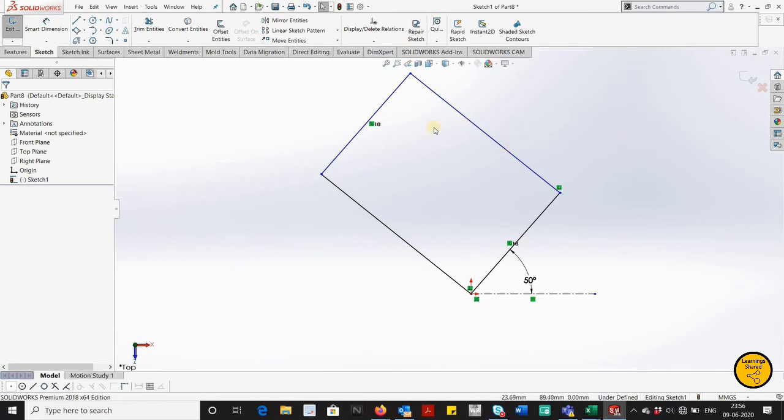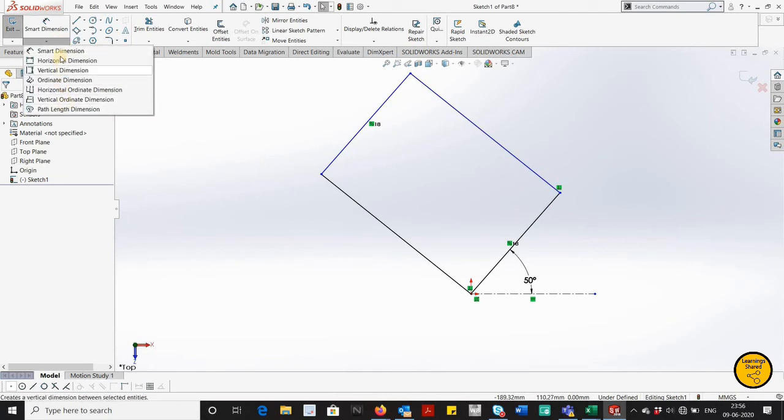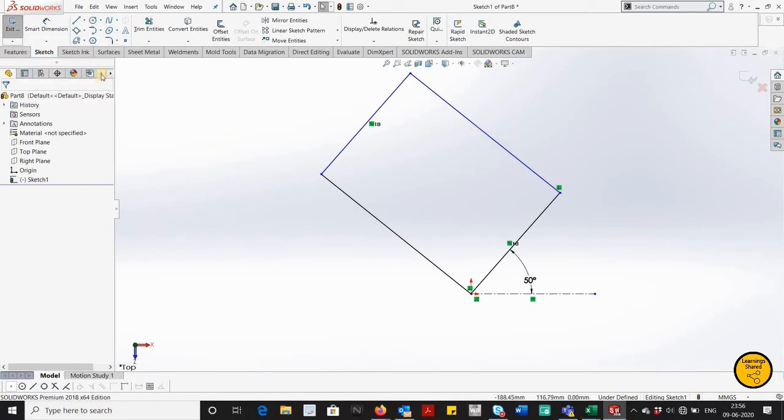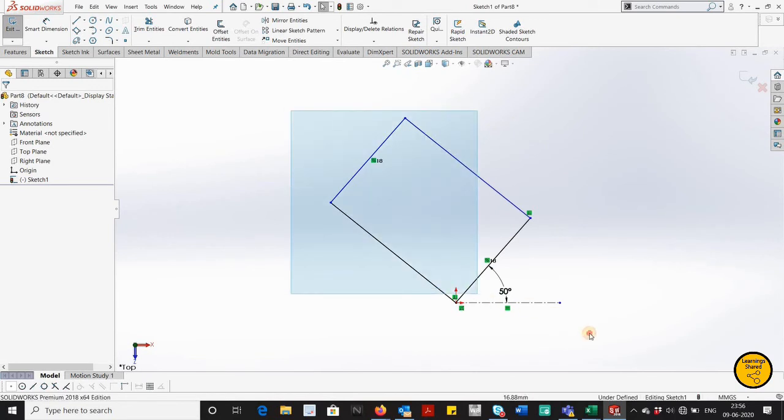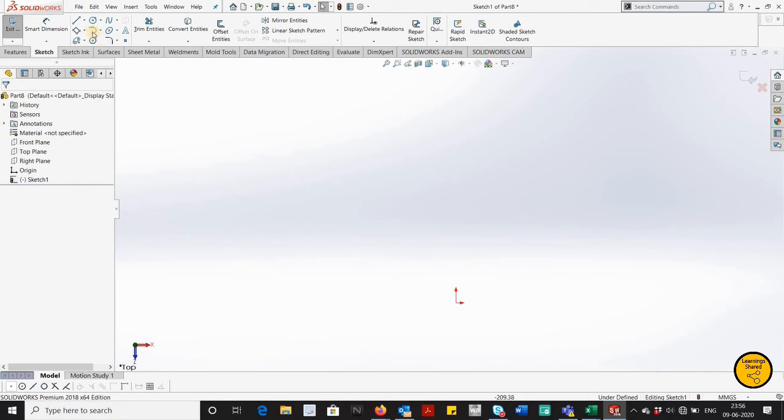If you are new and do not know how to give dimensions properly, and you want to see all the options of dimensions, you can check out my video. I will give the link in the description.